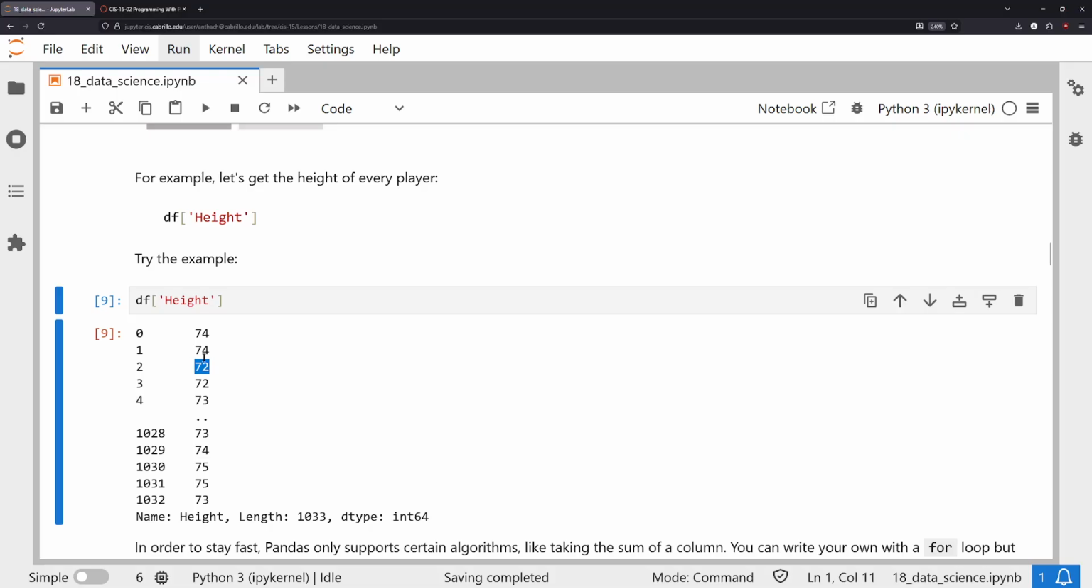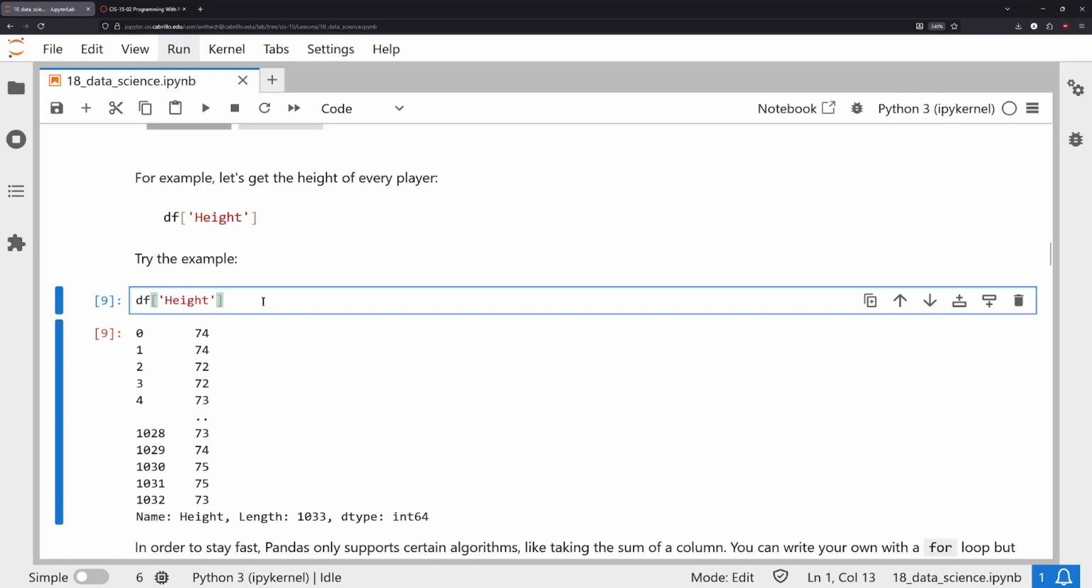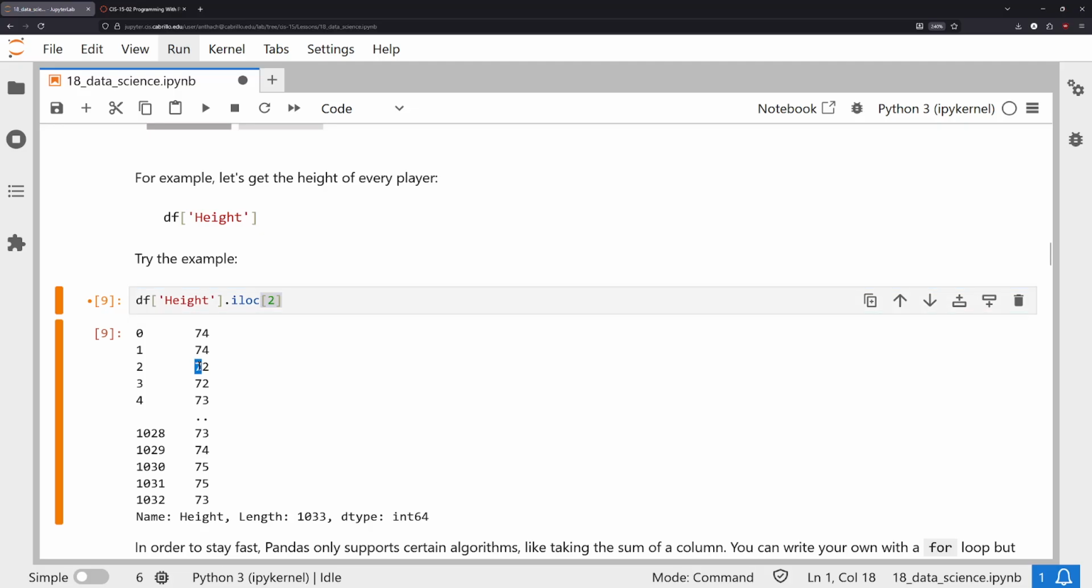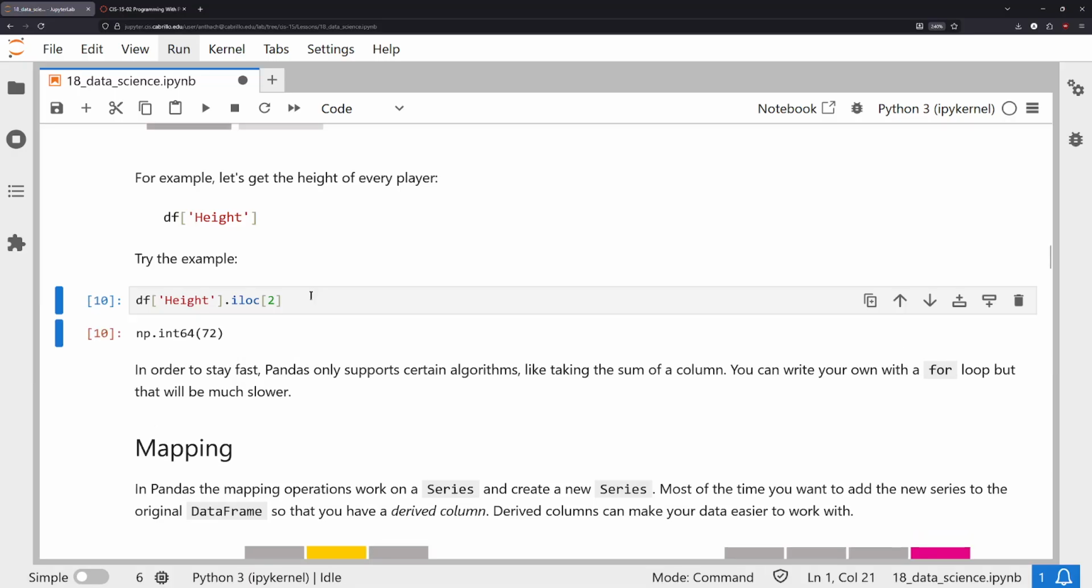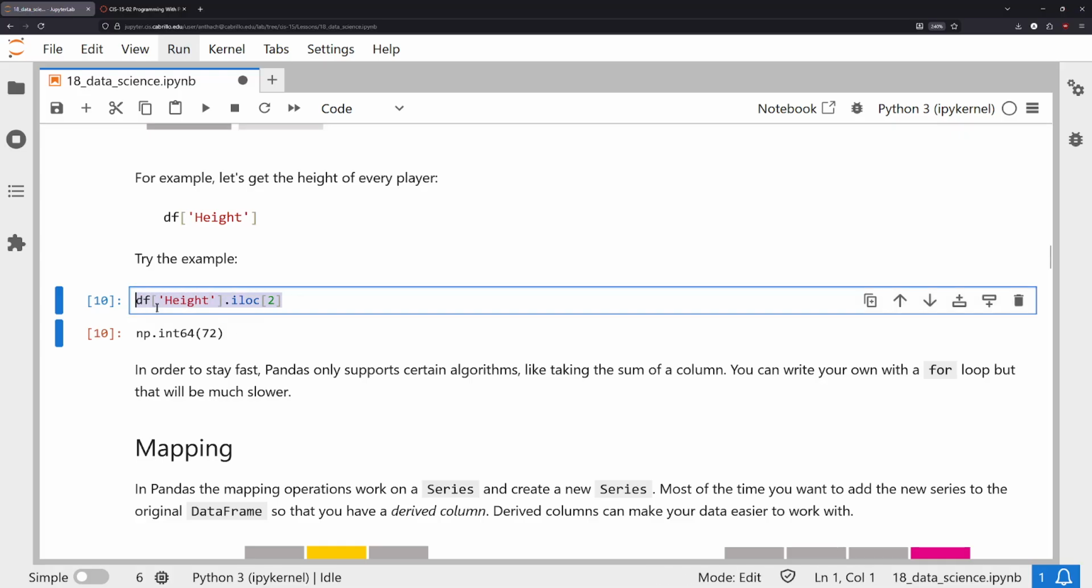If for some reason you wanted to access individual things, you could use this operator called iloc, which stands for index location. Basically how this works is it's kind of like a fancy index thing where you can put a number inside of these square braces. If I were to put a 2 here, this is saying grab the element at index 2. So this is going to print out 72. Well, it doesn't really print it. It's saying the value of this is